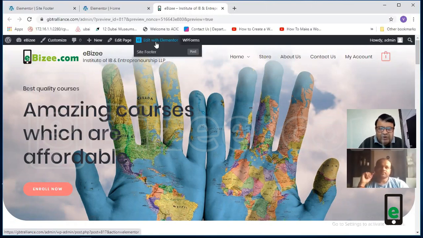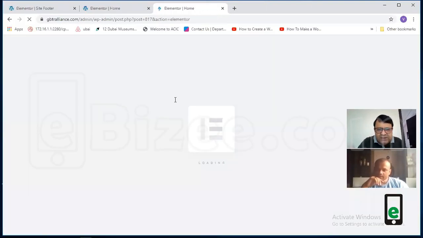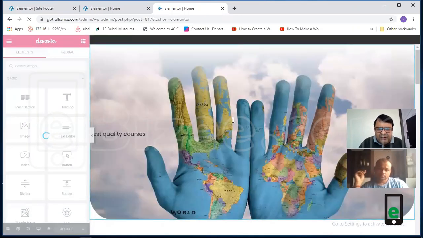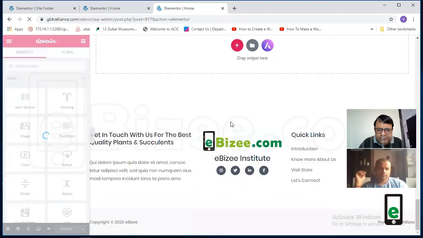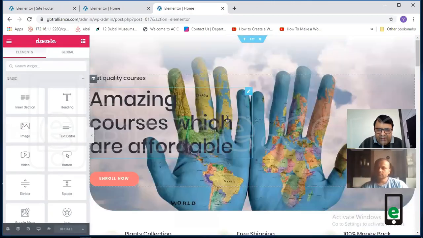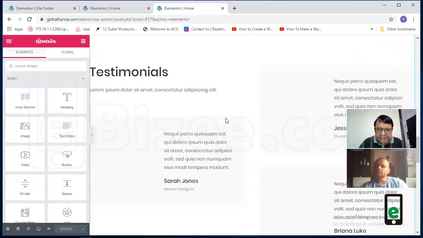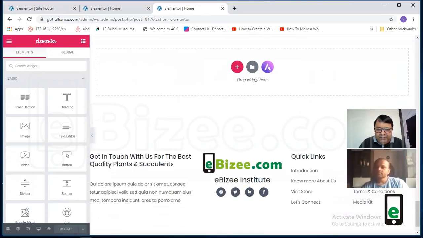And one more thing I will show you, which is very important for you. I will not change the whole section, but I will try to add something new from Astra. So you will see that we can add something new. I will again go to editing with Elementor, go to the bottom, and we will add another section from an Astra template. So it will be ready made.